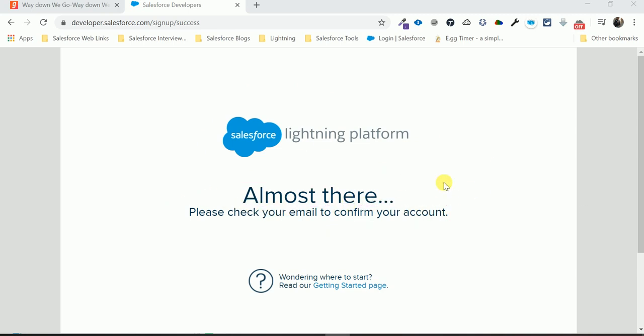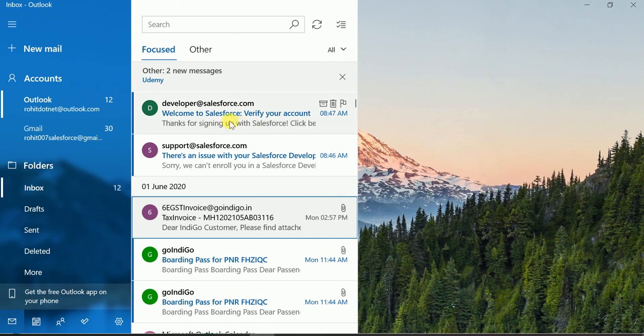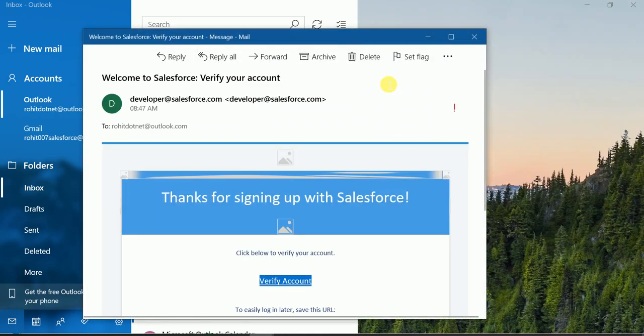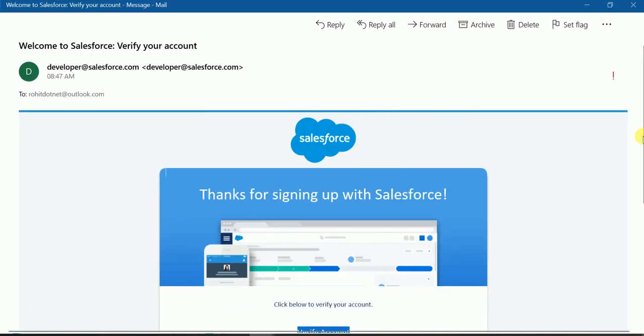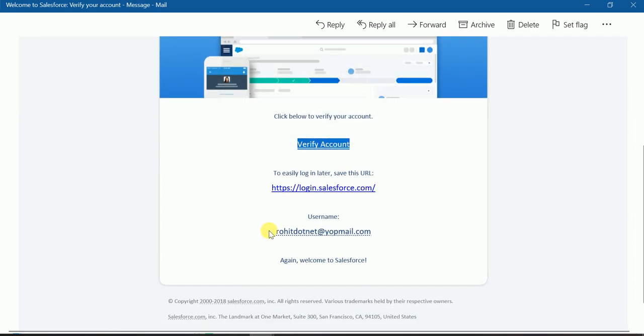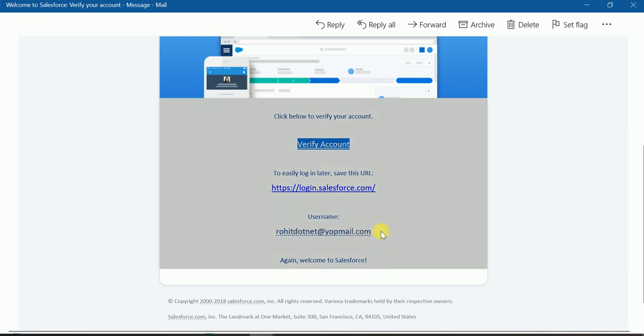Okay, so let me open my email ID. And you can see here verify your account.